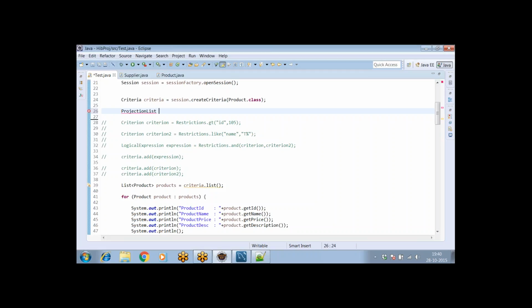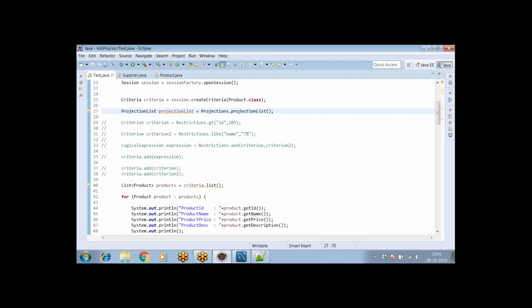How to create a projection list object? In order to create a projection list object, we got a class called projections. In that projections class, we got the static method called projection list. We'll create this projection list object,